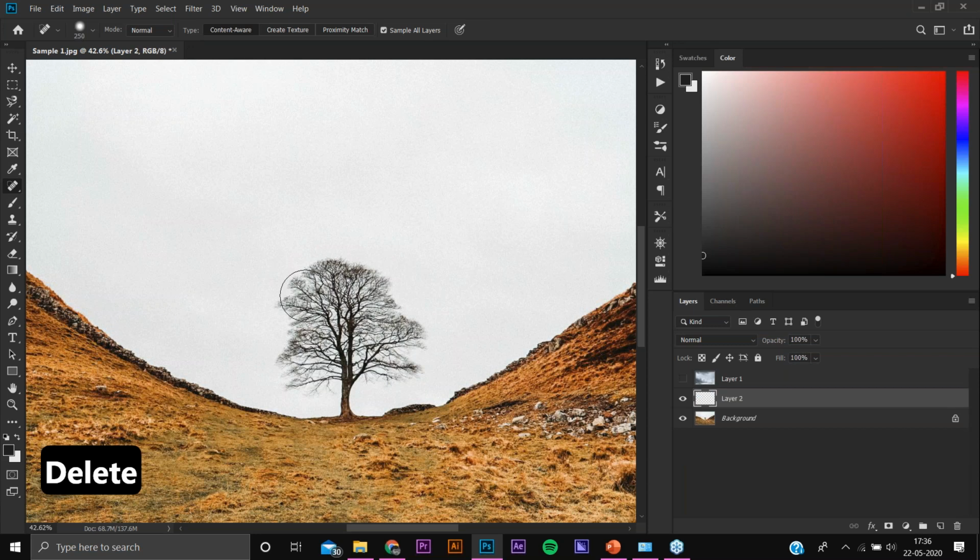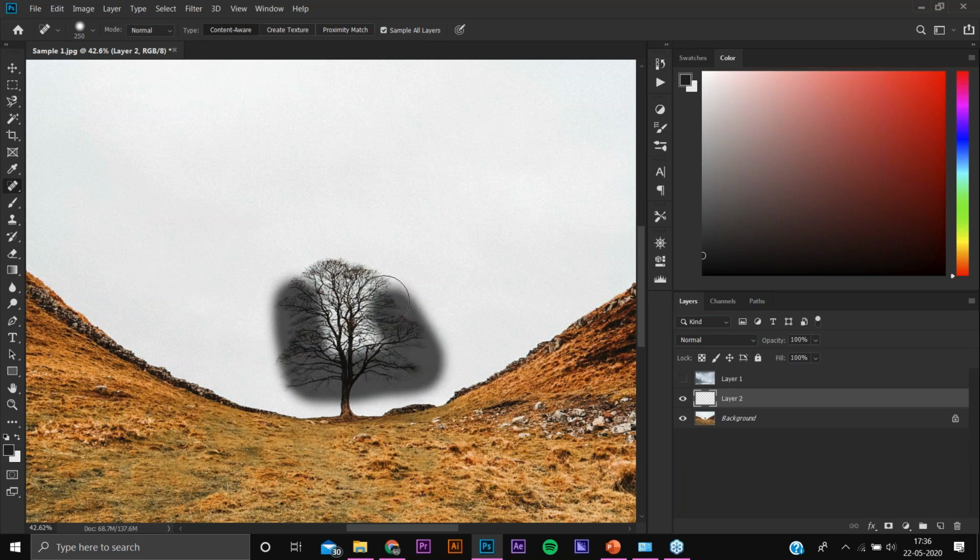Okay, we will be selecting the spot heal tool and we will be healing it right now. The black part which I am selecting is getting selected, and the thing behind how this AI works is that it will grasp the surrounding things and fill it in by itself.